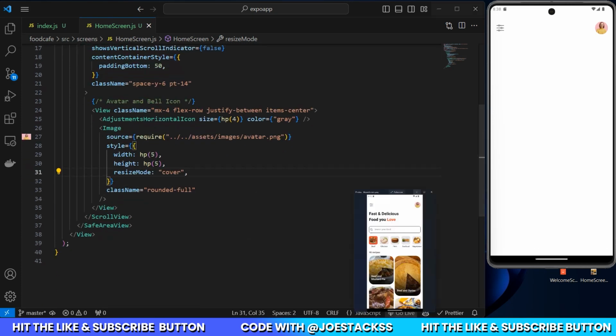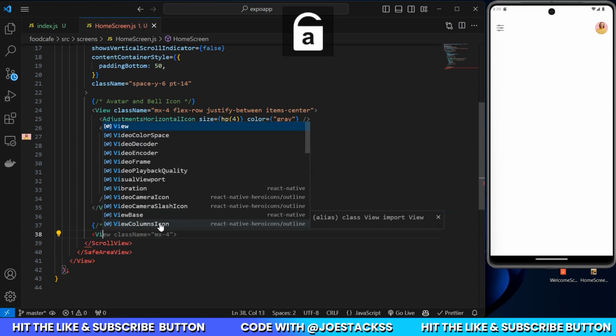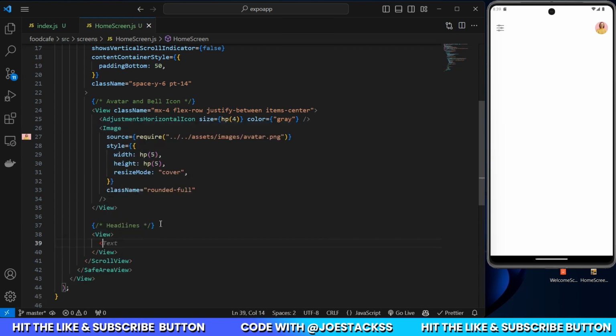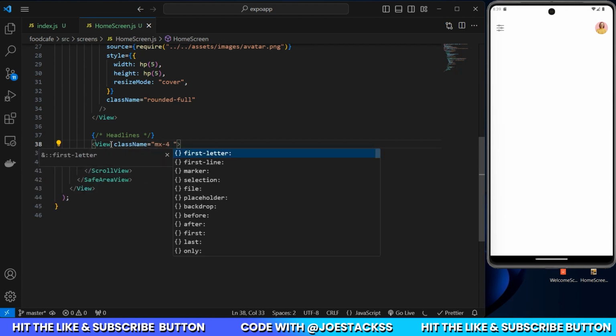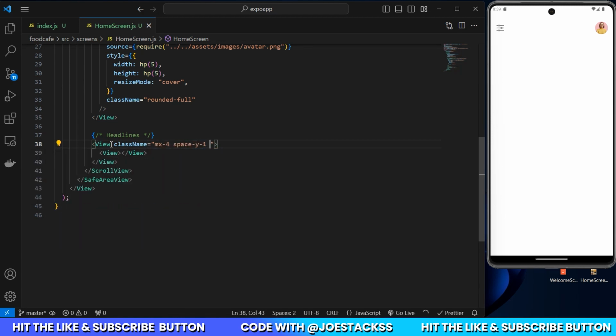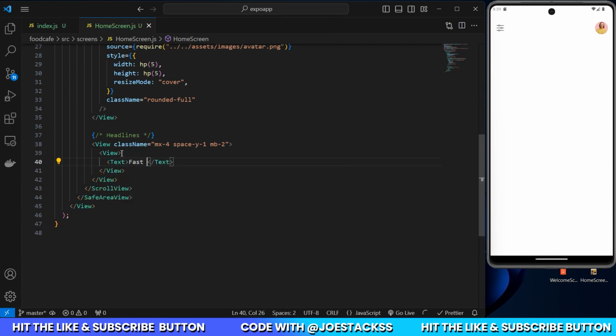So the next thing we are going to create is this text right here, and to do that, we are going to add a comment here that says headlines, and inside of this headline you're going to have a view, and inside of this view you're going to also have another view, and the first view is going to have a class name, and the class name is going to be mx of 4 space y of 1 margin bottom of 2. Let's add our text first to see what we're working with. So we're going to have a text here, and this text is going to say fast and delicious, and thereafter we're also going to have another text